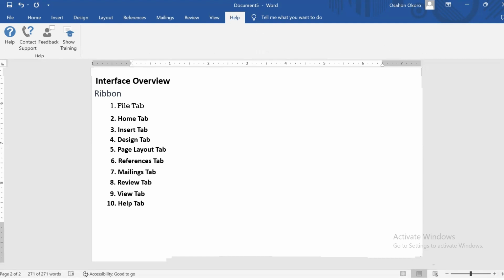on information. Now you also have your help. Your help is for when you have an issue that you need to resolve with Microsoft Word or something that you're not familiar with. Microsoft Word has put that tab there for you to contact them, or rather meet with them, to let them know what your situation is like.